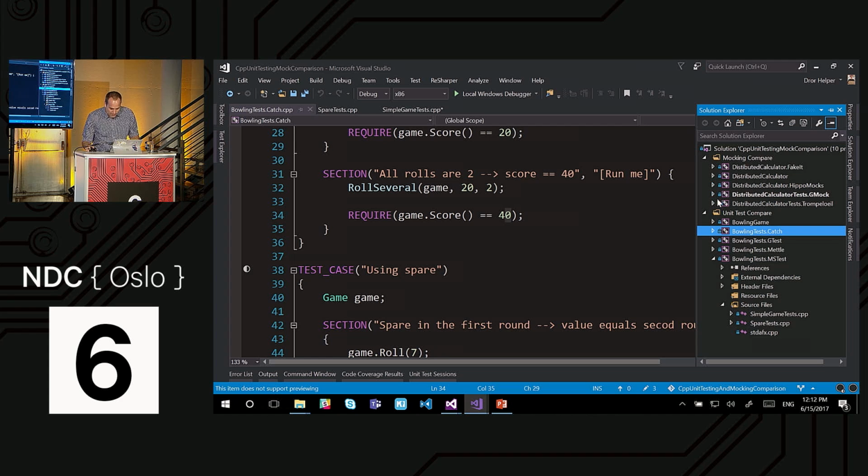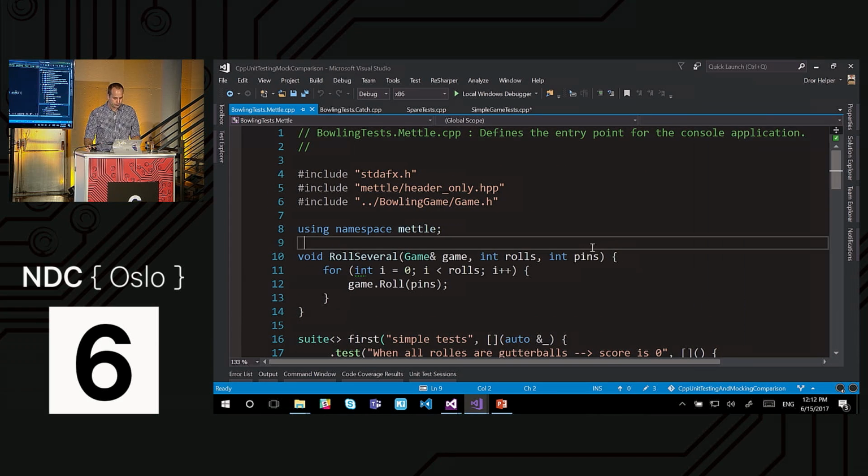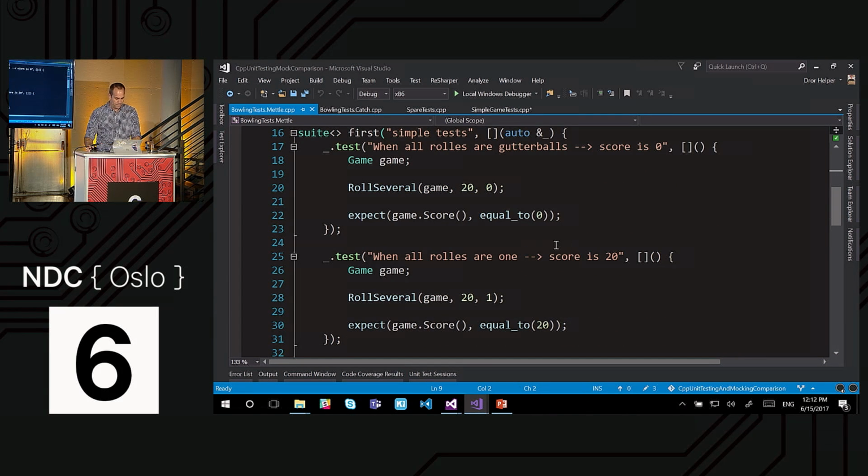And finally, Metal. Metal, that was a fun one. This is what Metal tests look like. I'll define a suite of tests with some name. And I can use lambdas in order to define the actual tests. And here I have the first test. And, well, if you're comfortable with this kind of syntax, that's fine. And they're using strings as well. But that's easy. That's because they don't need to transform it into methods in the background. It's just lambdas that they run and just register the test.